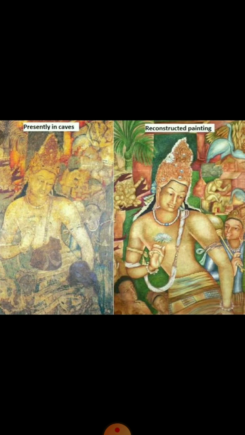The colors for these paintings are all natural and made from herbs, colored stones, and pimples. The different shades highlighted the expressions and poses of the human figures. These paintings were made on the walls of caves after smoothing the surface with a layer of clay and cow dung and leveling this with fine white clay or gypsum. The outline of images was made in black, brown, or pink, and then colors were filled in using a brush made of animal hair.